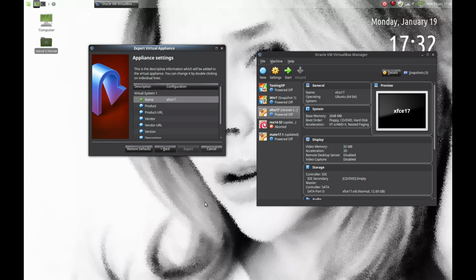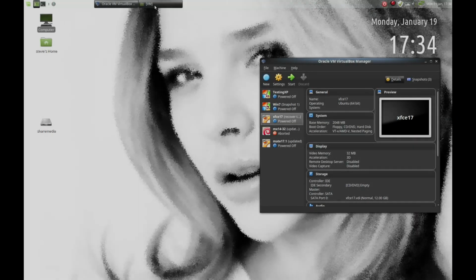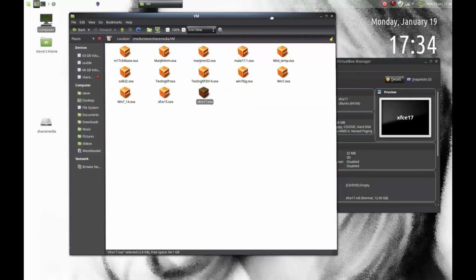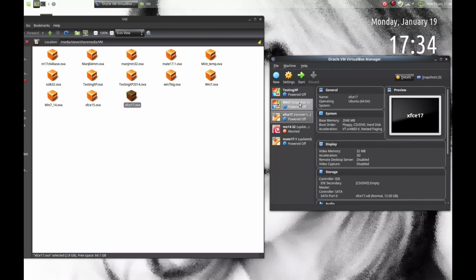Now this is going to take a little bit of time, and I won't bore you with that. Once you've exported it, you should see a file such as this. So as you can see, I generally back up quite a lot of mine, and I might want to go back to. So that's how to export one. So if I want to import one,